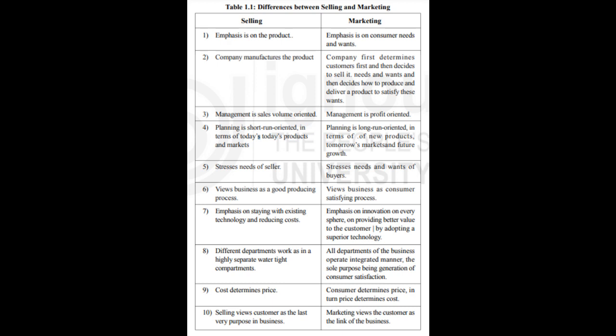Here is a long chain of activity which comprises production, packing, promotion, pricing, distribution, and then the selling. Consumer needs become the guiding force behind all these activities. Profits are not ignored, but they are built up on a long-run basis. Mind share is more important than market share in marketing.